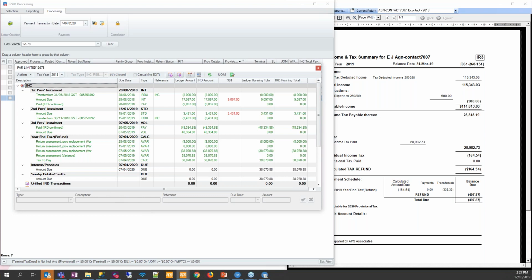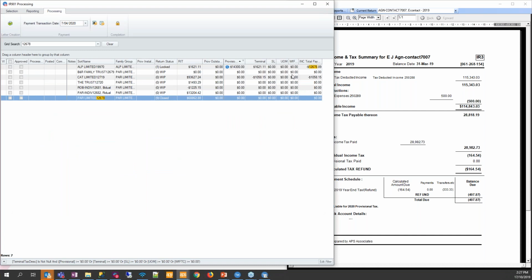I'll in the background run a little SQL script which is planned for hopefully overnight tonight. We'll keep you informed on that, so that'll be delivered automatically through the overnight feed. But if we just make a note of here, at the moment we've got this return assessment figure coming through, sitting in there. If we just close that, and on another screen we